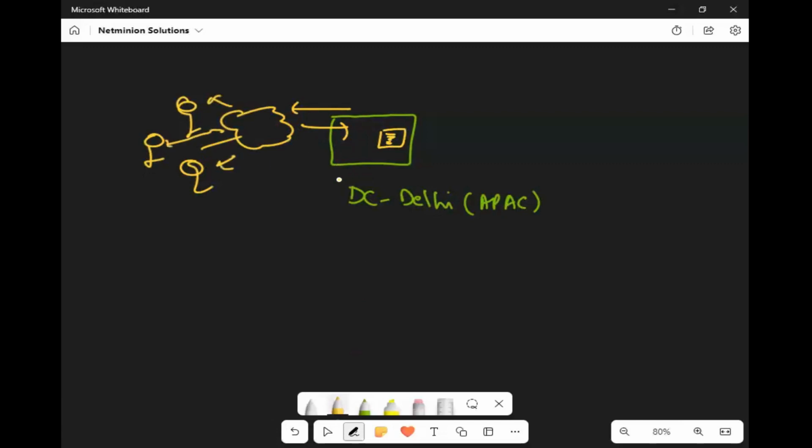But your business is expanding soon. When your business expands, one option is to place multiple servers here, and before that you can place some LTM device, or I can say a load balancer,